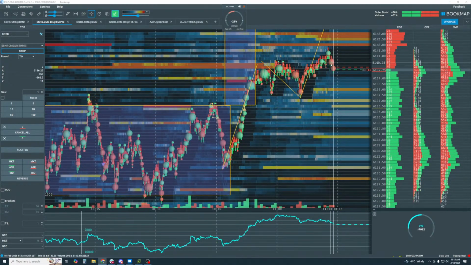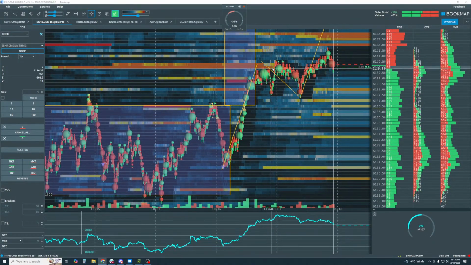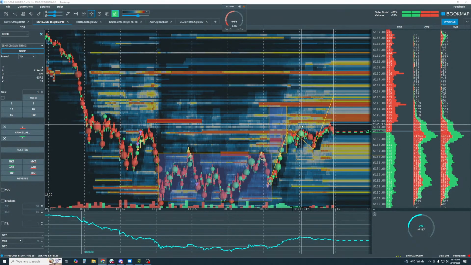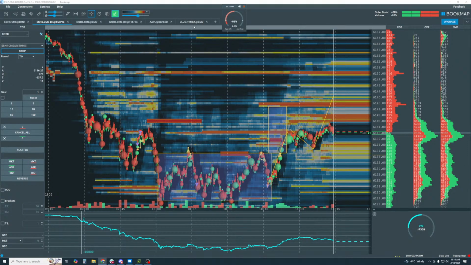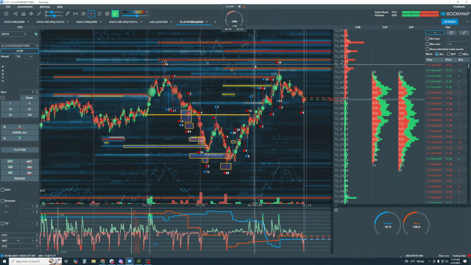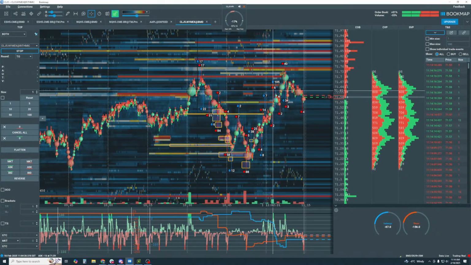Okay, we're not out of the woods yet. In fact, a lot of times we'll see this kind of move in here. This would be a potential failed reversal pattern. What happens in crude oil is it actually does it quite a bit. Let's see if it's doing it today. No, not really.